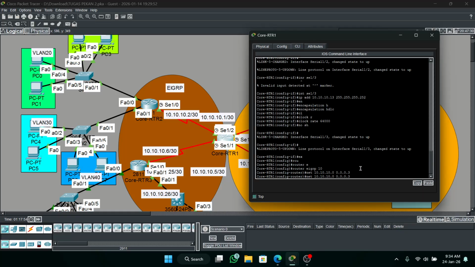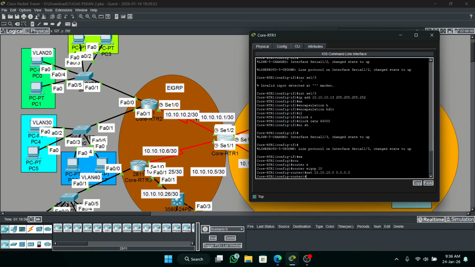Okay guys, we have an IP address, so we must have the RTR2 network, because /30 just has four IPs.